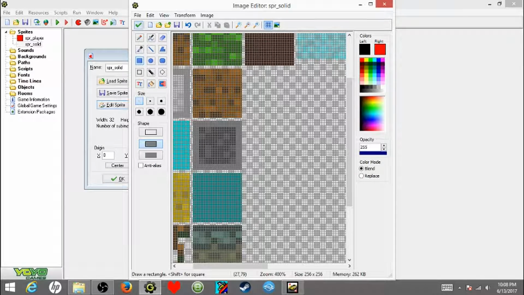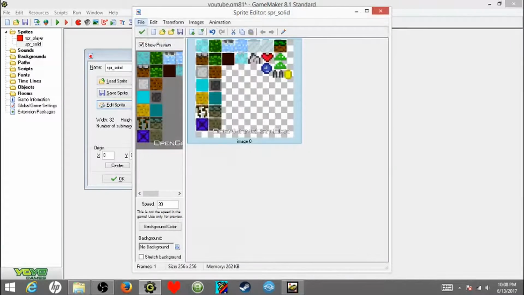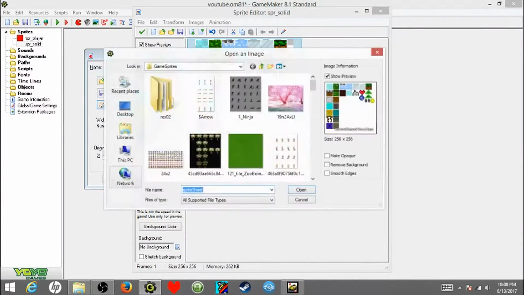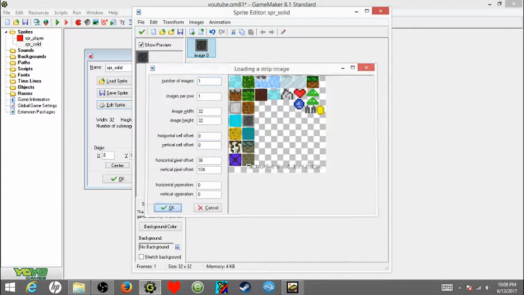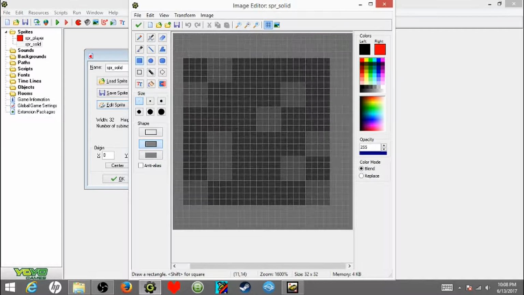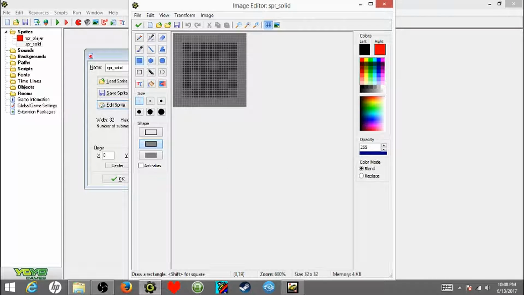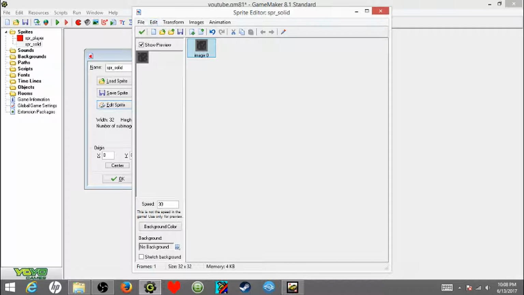Hold on. Okay, I'm going to choose this block for right now because I kind of like the way it looks with the wall and stuff, but you can make your own sprite however you want it to look. I like to make mine a bit more detailed though. Alright,